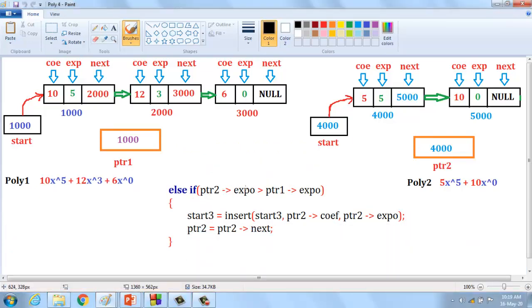Each and every time we compare: greater than, less than, or equal to. These are three different conditions we are going to satisfy, and based on the condition we find the resultant polynomial as the output. Here ptr points to the first node in the list.